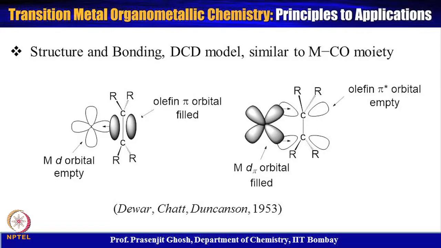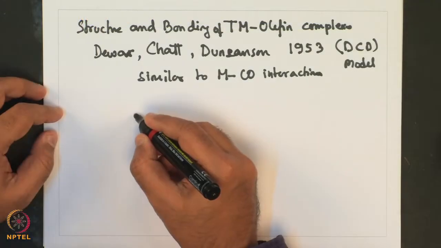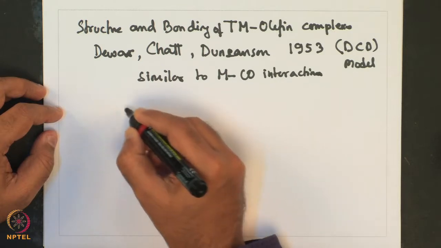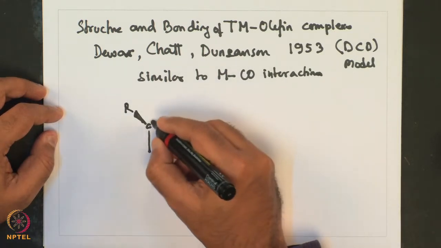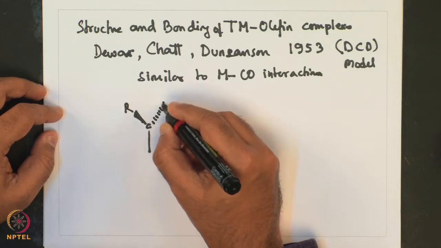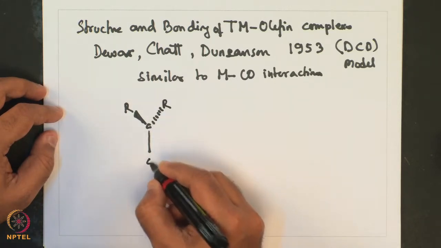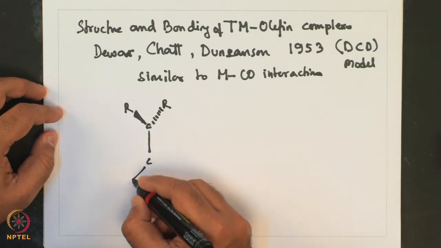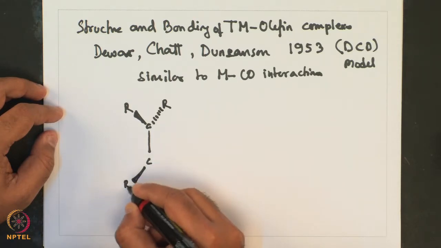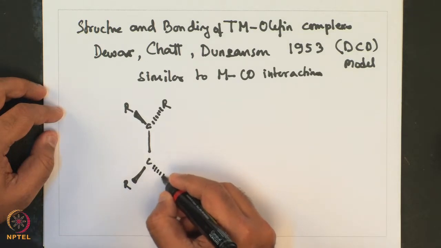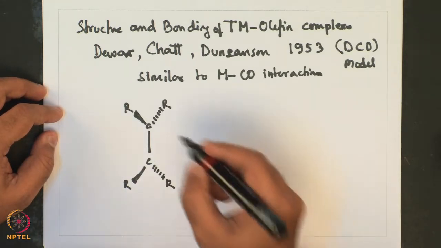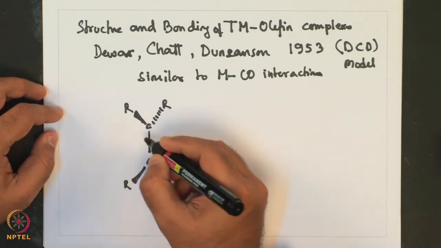Now, to start with, the ligand or olefin also interacts with the metal with two kinds of interaction. One is the forward sigma donation, the other is the backward pi back donation, and let me explain that. For example, for the olefin R2C=CR2, the olefin has pi electrons because of the pi bond,